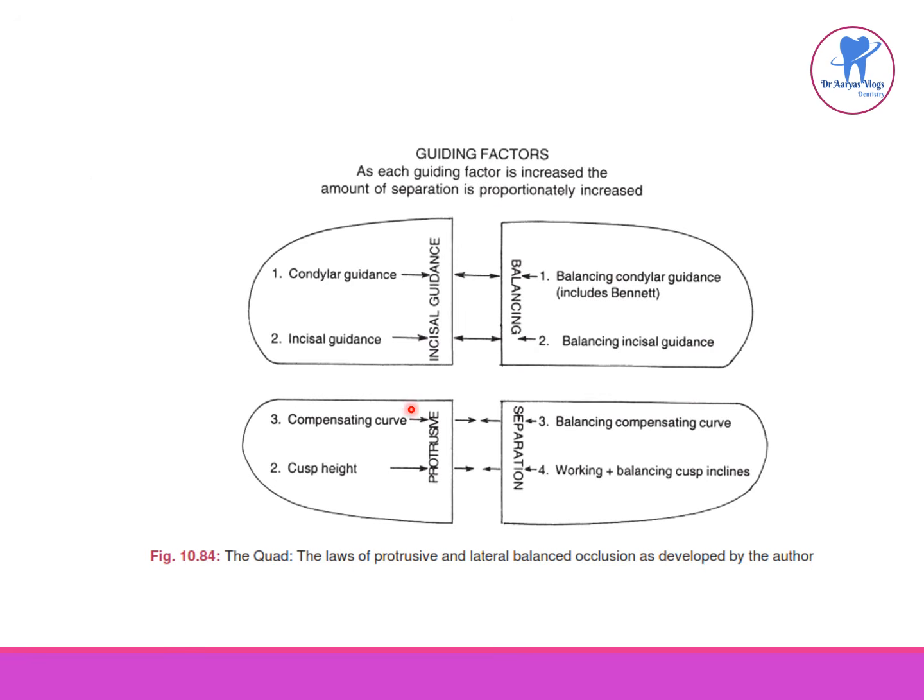Then the compensating curve is the most important factor for obtaining balance. Monoplane or low-cusp teeth must employ the use of a compensating curve. Here it is a balancing compensating curve. And this is the cusp height. It has the inclines necessary for the balanced occlusion, but is nearly always used with a compensating curve. Here the working and balancing cusp inclines. So these are the laws of protrusive and lateral balanced occlusion, which were developed by